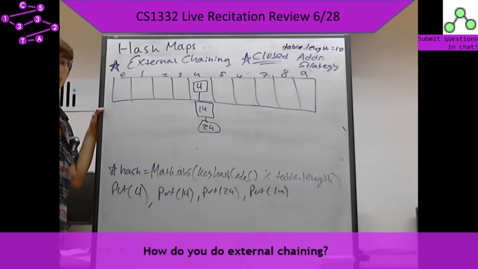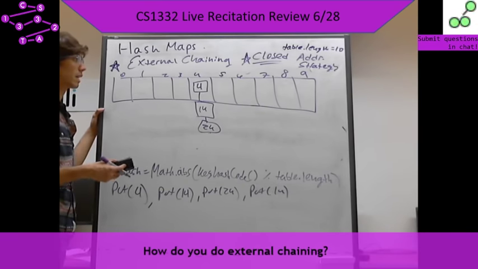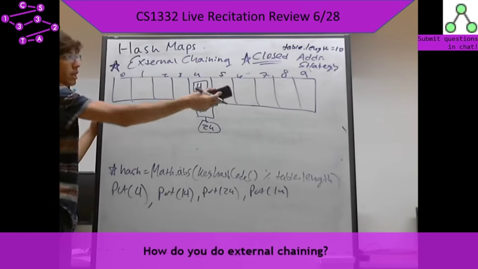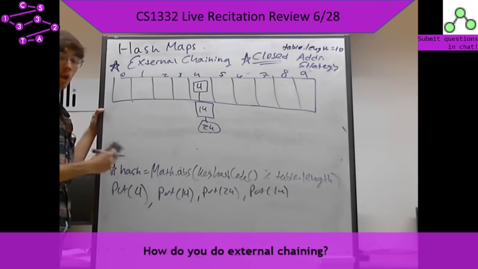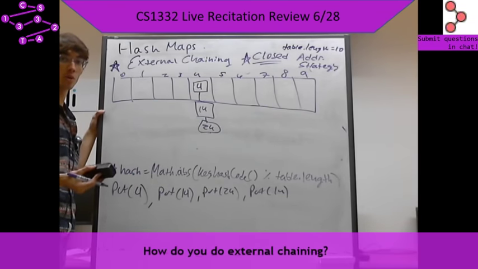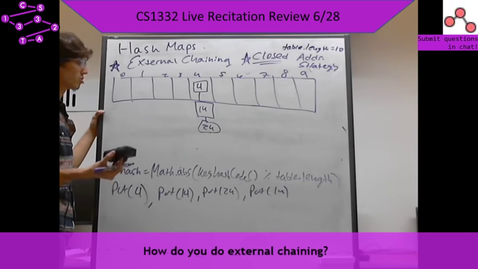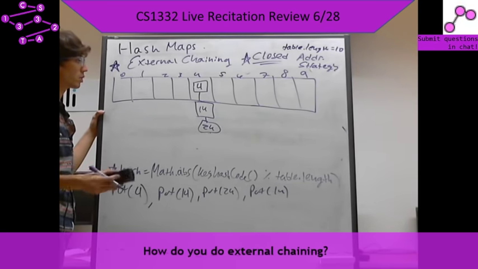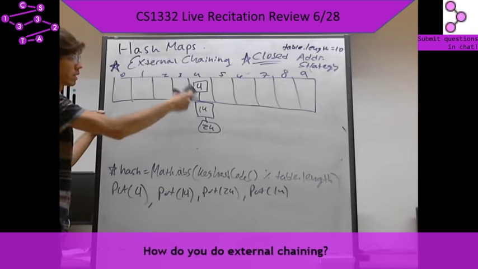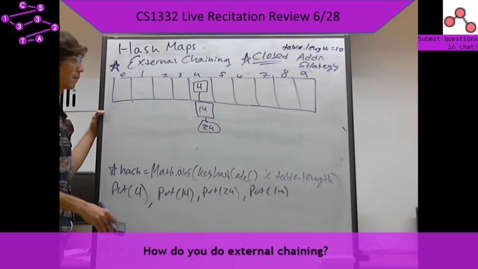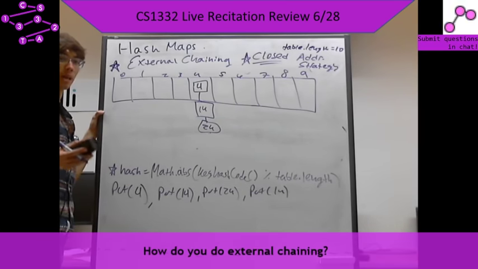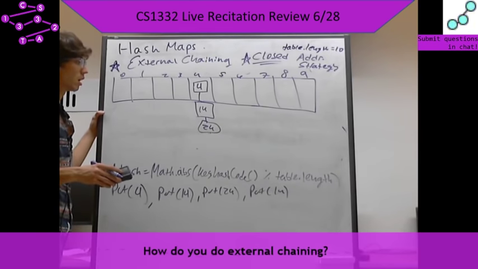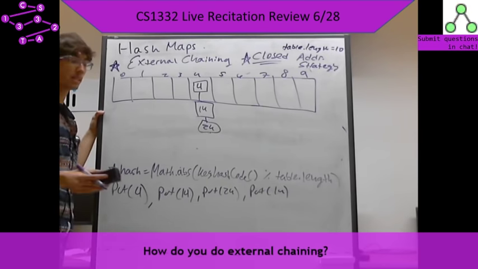So external chaining is very, very easy in the sense that you're really just putting linked lists in these things, and as long as you remember to search through them to ensure that you don't get any duplicate keys, it's almost blindly intuitive to just say, all right, cool, I'll just add it to a linked list in this spot. The one interesting thing is, you won't have to code this, but just for your reference, when you resize these things,